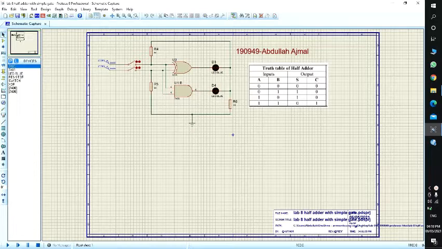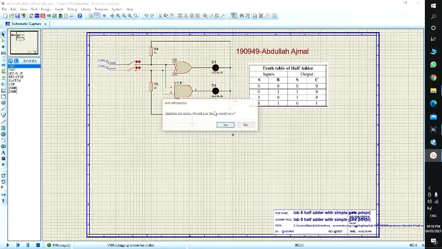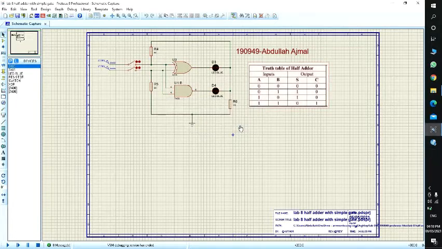So now on the screen, as you can see, we have our half adder circuit using XOR gate and AND gate, and we have to verify the following given truth table. So first of all, we have inputs 0 and 0. Let's run the circuit for input 0. Our output is also 0. Then we have our circuit for the inputs 0 and 1. So let's run this circuit, make the output 0 1.